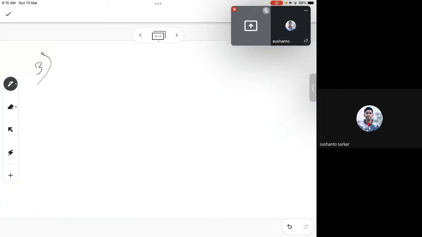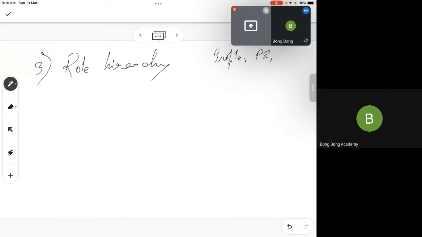The next kind of sharing is called automatic sharing. The first two were manual ways of sharing, right? Some user has to go and do something. In automatic sharing, the first mechanism is role hierarchy. Till now, we have used the terms profiles and permission sets, but this is a new term called role.